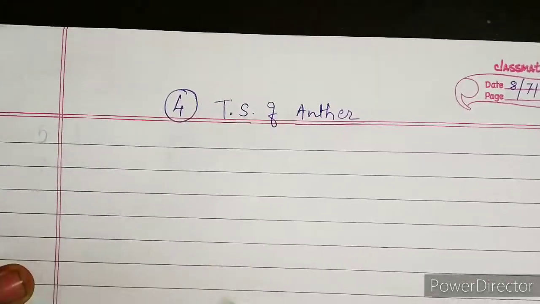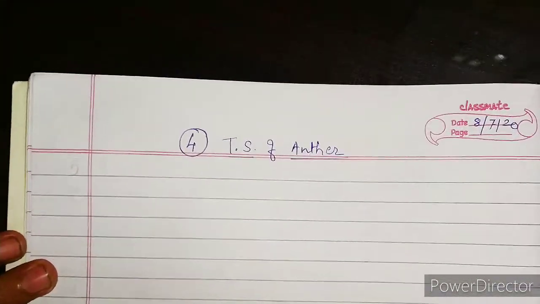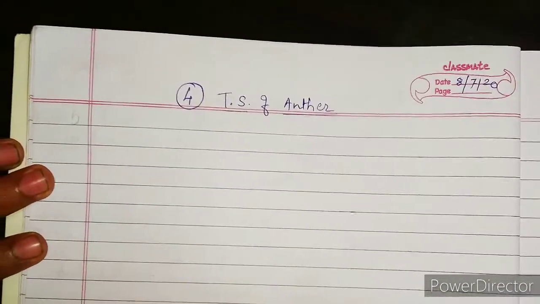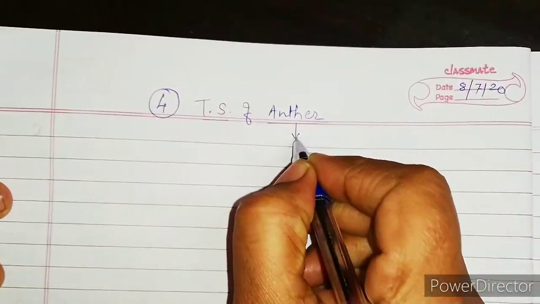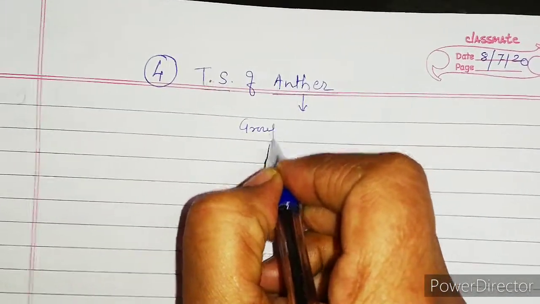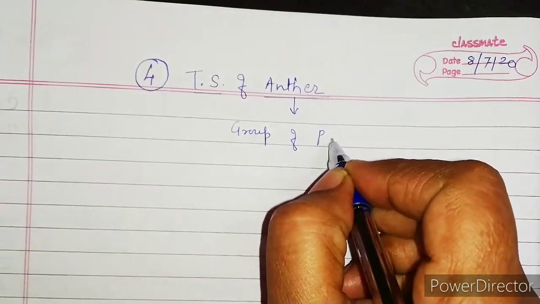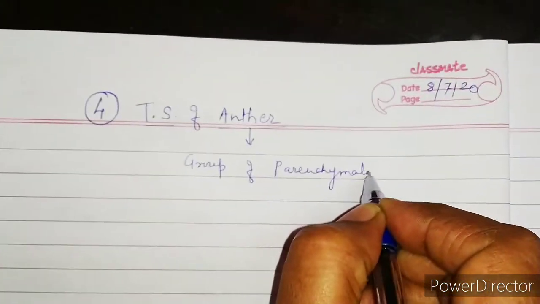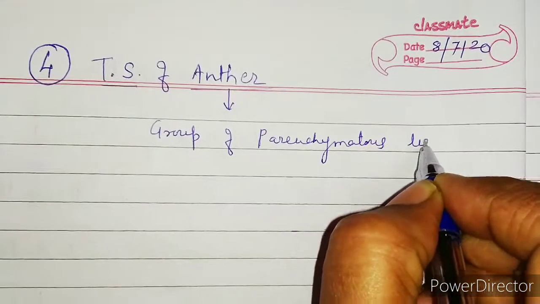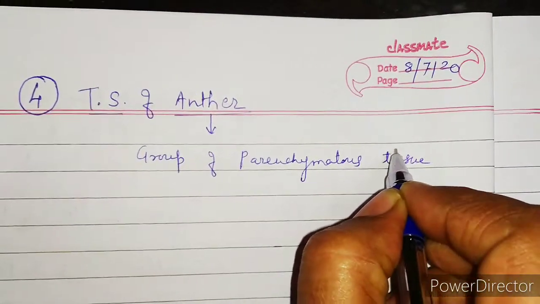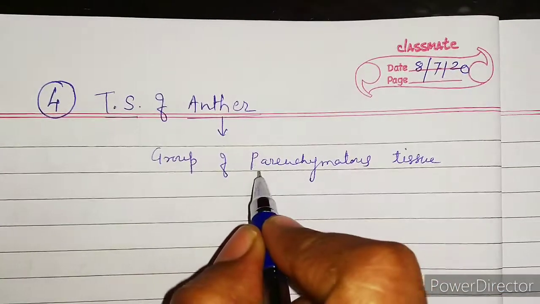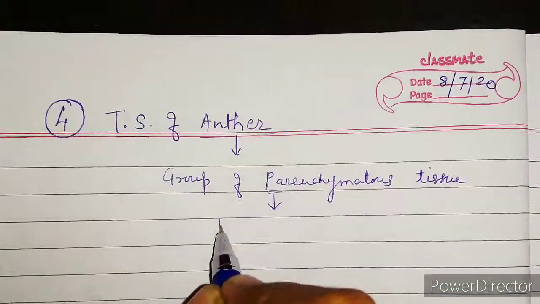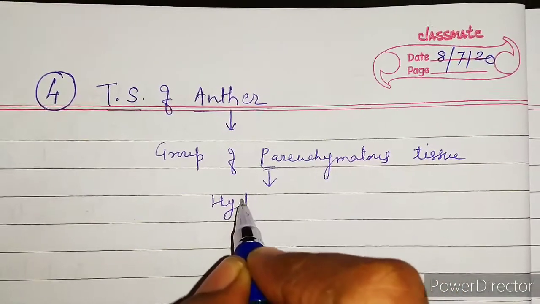Welcome student. So in this period we are going to study about the TS of anther. Actually in the last period I had told you that anther is nothing but it is a group of parenchymatous tissue. So when the maturation starts, some of the cells of this parenchyma tissue known as hypodermal cells